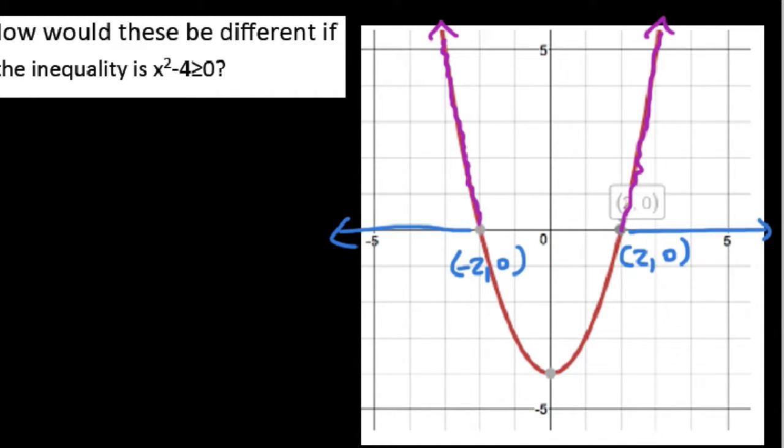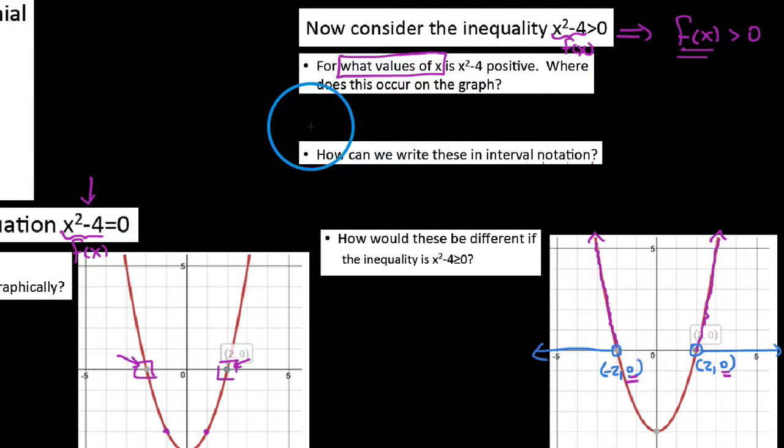And the thing here is this. If we were at the 0 here, we're at a height of specifically 0 here, then these would not be y values greater than 0, but y values equal to 0. And so we would discount those there, and we would say that, well, then really the x values that we're looking at here that cause our graphs to be greater than 0 would be all of these x values that I've listed here, except for not these two zeros themselves. So in terms of where does this occur on the graph, for all x left of negative 2